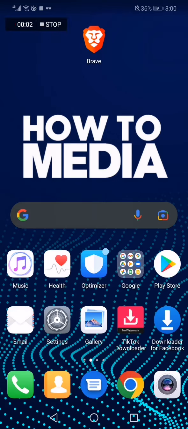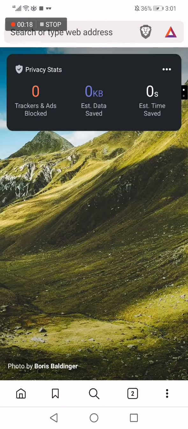How to enable the dark mode on Brave browser. Hello guys, in today's video I'm gonna show you how to enable the dark mode on your Brave browser in an easy and fast way. So the first thing we do, we go to Brave browser, and after that, as you